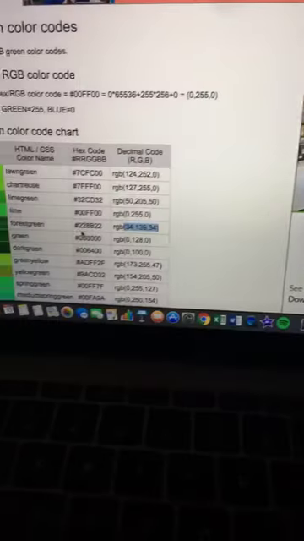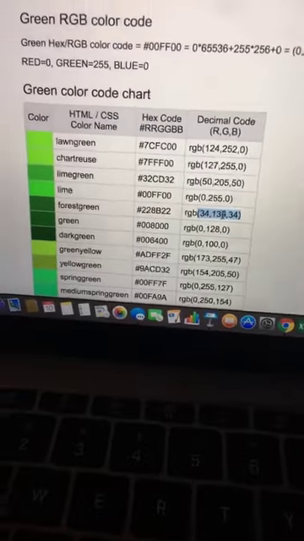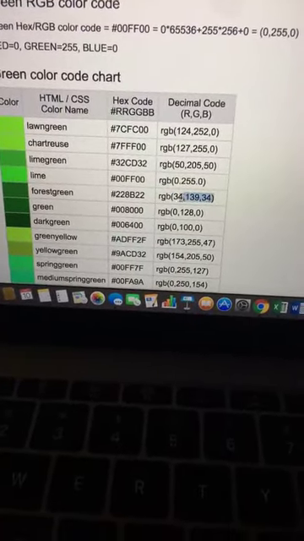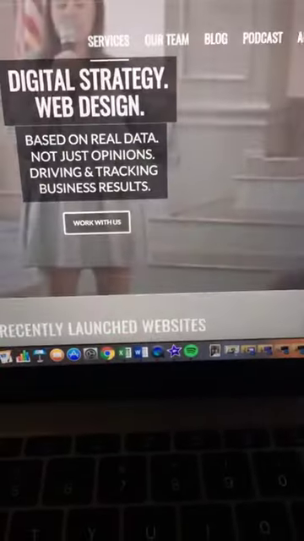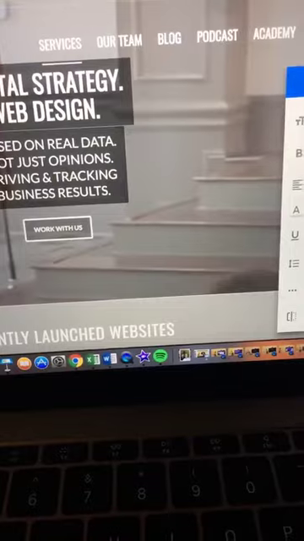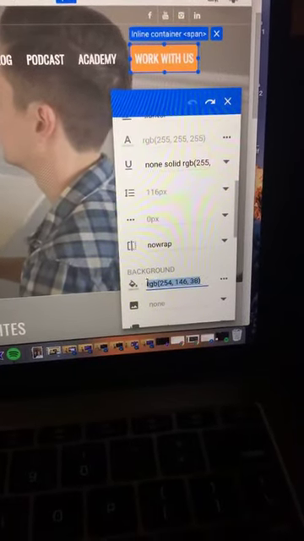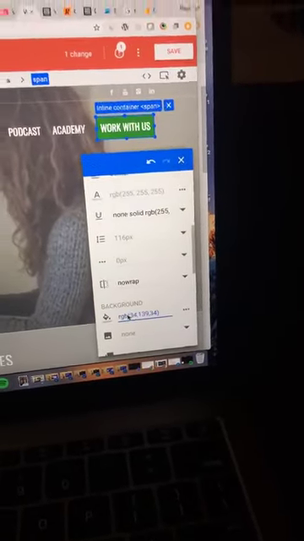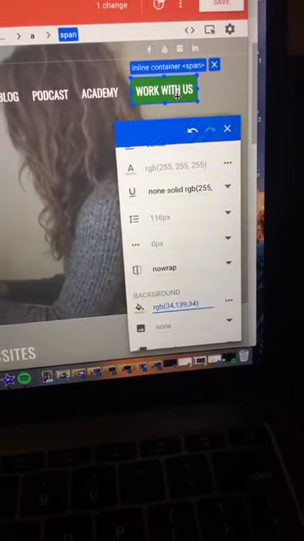255, 255. You can open up another tab and go to an RGB finder, and if I wanted to try to change the button color to something like this forest green in a test, I can copy it and go back over into my Optimize, and I can go down to background color and I can change and I can paste the forest green color in here into my test and see, then it changed the button color to that forest